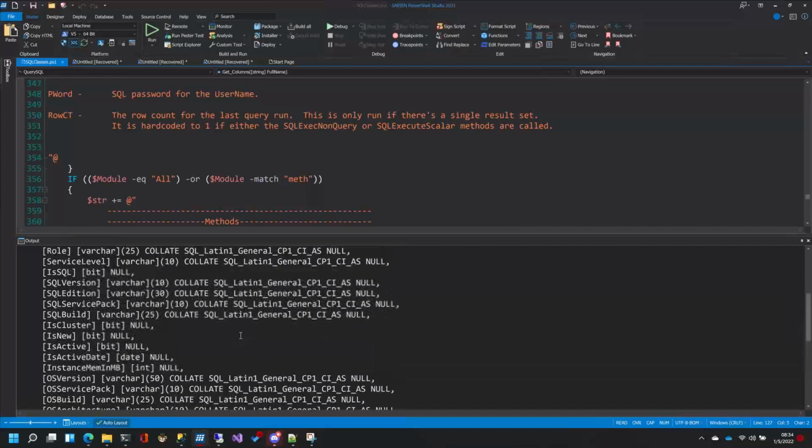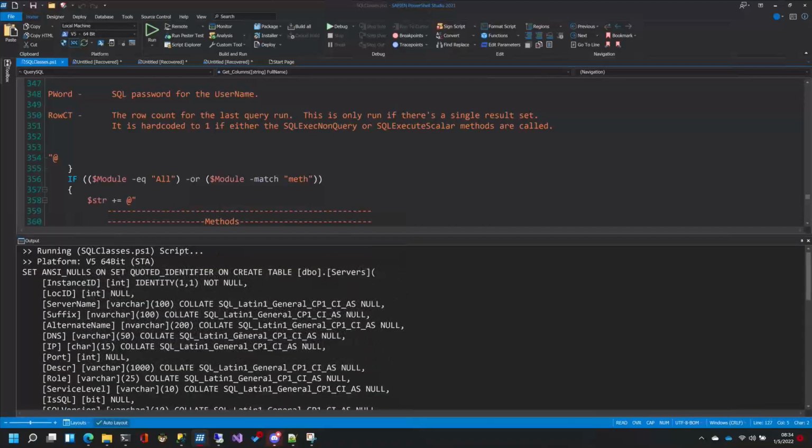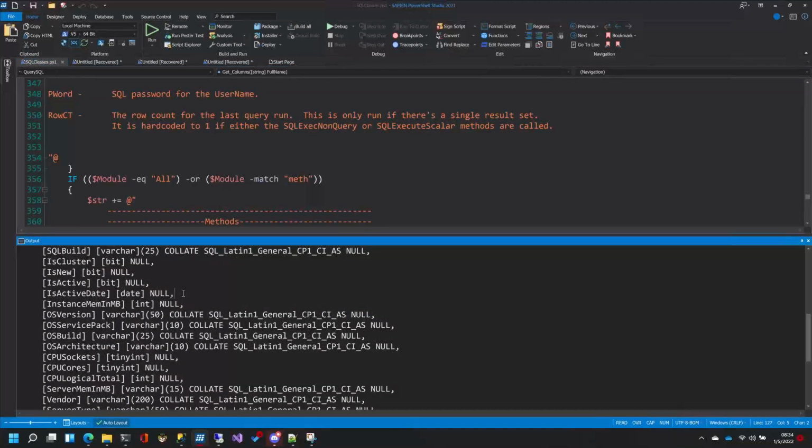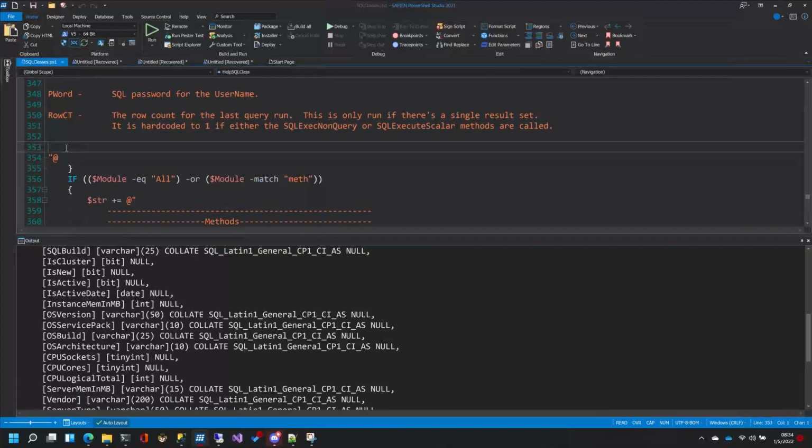But you can see now that I get the table script. Now I can use that to look up a column or create a temp table, anything I need. There you go, just to prove to you that it does work. All right, so there we go. And of course, we could put some error handling in there